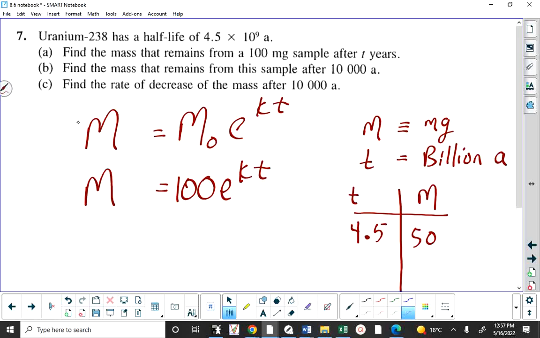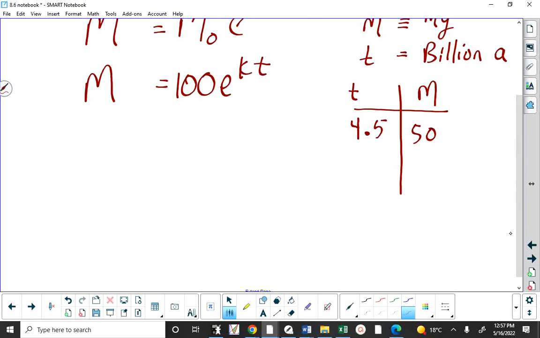Does that make sense? Okay. So the half-life is the length of time it takes to get half of the mass. If we start off with 100 grams, half of that is 50. So now I can load those numbers in here and get 50 is equal to 100 times e to the kt. We divide both sides by 100 to get 0.5 equals e